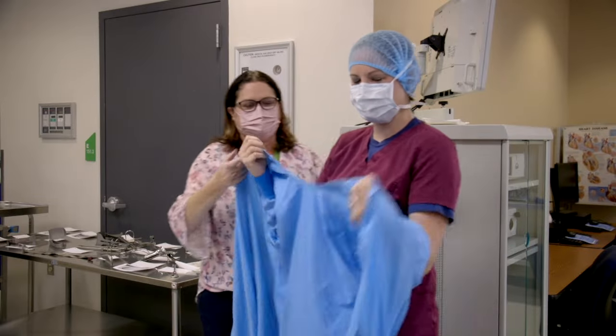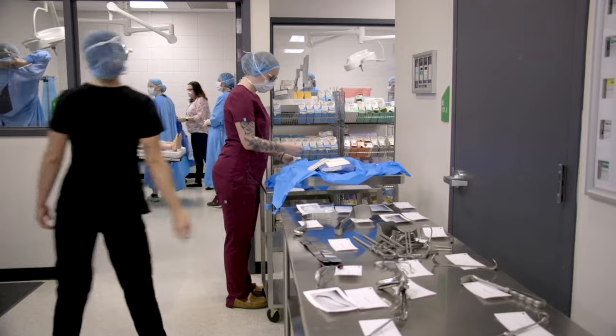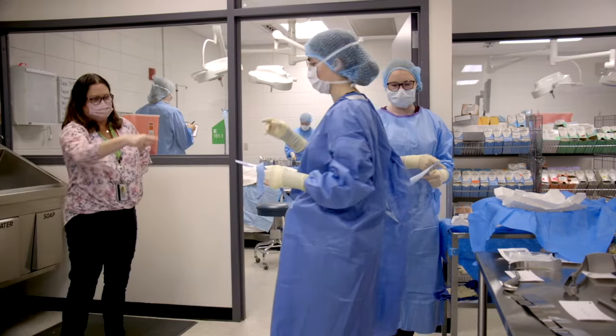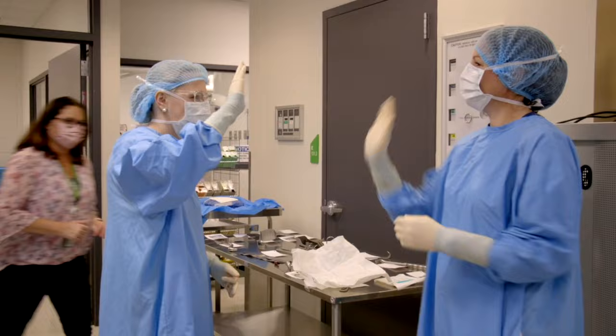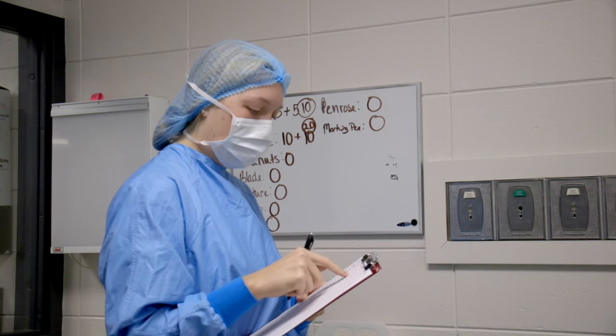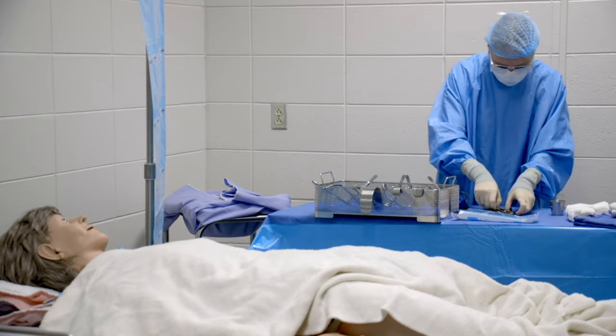A good candidate is someone who is a quick thinker, because there are times that you have to think on your feet and just make a change. A critical thinker as well, that you can take what you learned in previous cases and apply it. You have to be a good communicator, a great team player, and someone that can withhold their emotions, because sometimes it's a stressful job and things can quickly change, and you have to be able to go with that flow